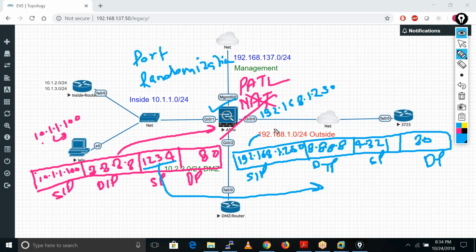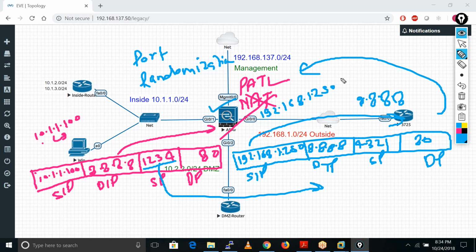After that, ASA creates this packet and sends it towards Google, towards the 8.8.8.8 server. Now this server also sends the reply, right? So how does that server create the packet? Source is 8.8.8.8 because the packet is coming from the server, and destination is 192.168.1.250.